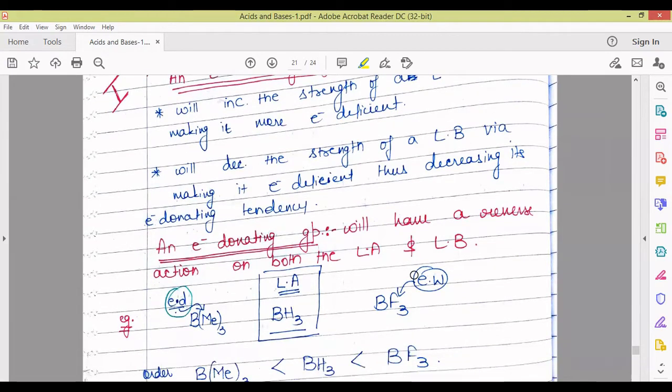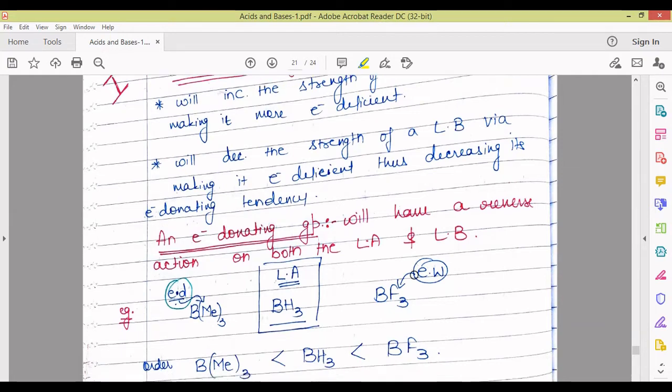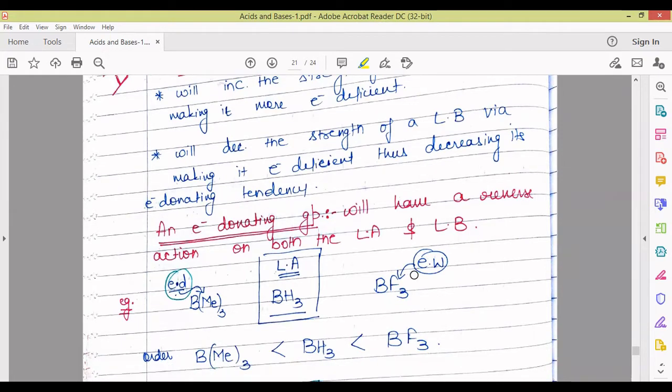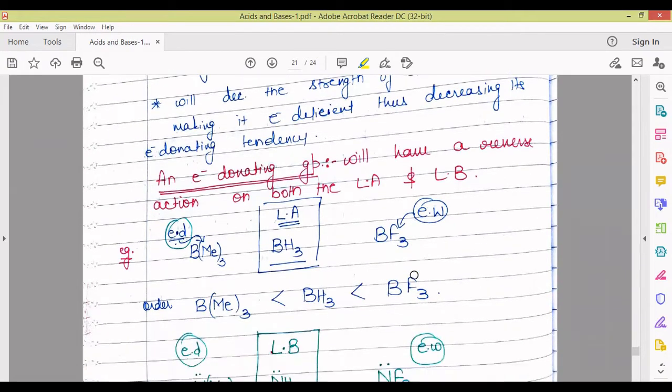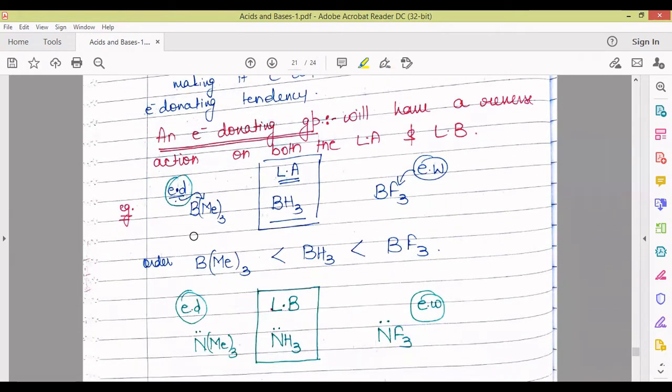So the effect on Lewis acids and bases is the same as it was on organic acids and bases for the plus I and the minus I effect, that is, electron donating and electron withdrawing groups. Here we are considering the first example for discussing what the minus I effect of the substituents is and what is the effect of plus I substituents on the donor or the acceptor atoms. So let's first discuss the Lewis acids.